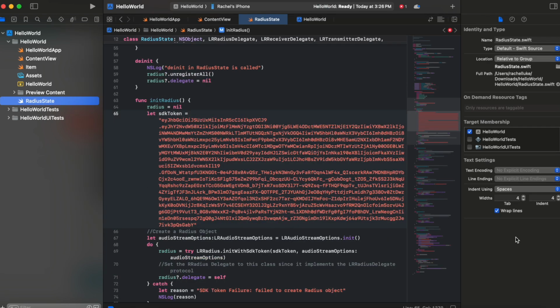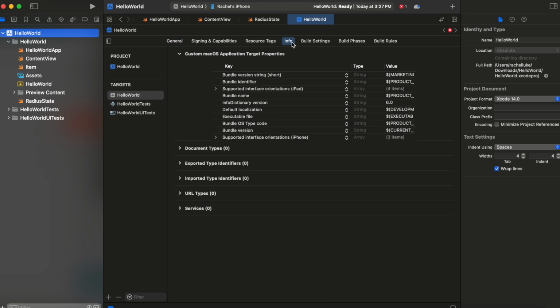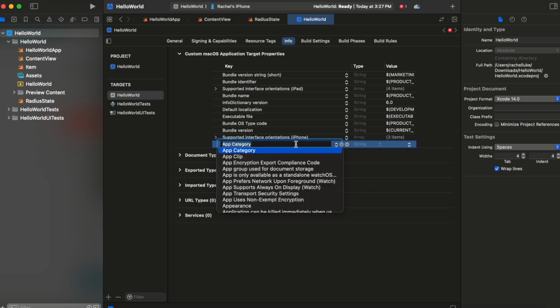We are just 2 steps away from building this app. A static message for requesting microphone permissions must be configured. Select the top project item in the project navigator on the left. Select Targets, then Info. In the Custom iOS Target Properties section, click the plus button on any existing key row